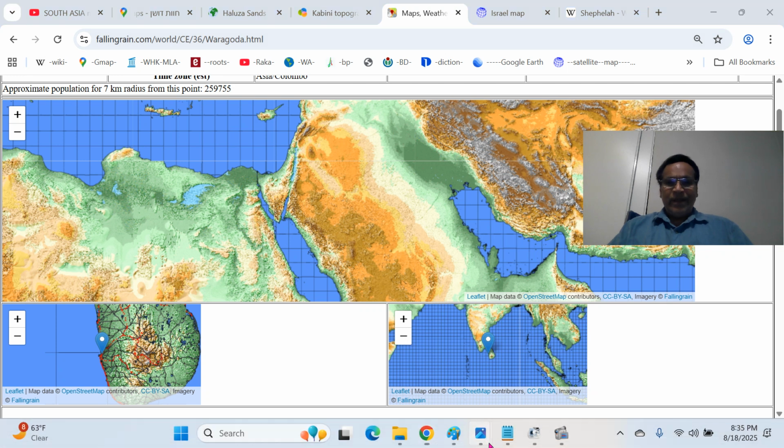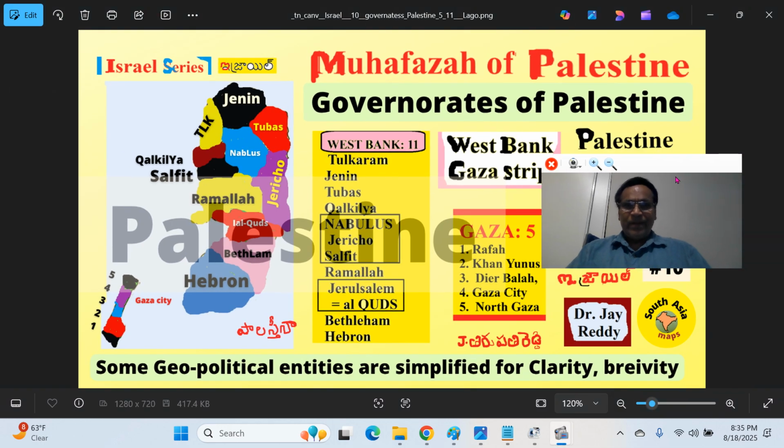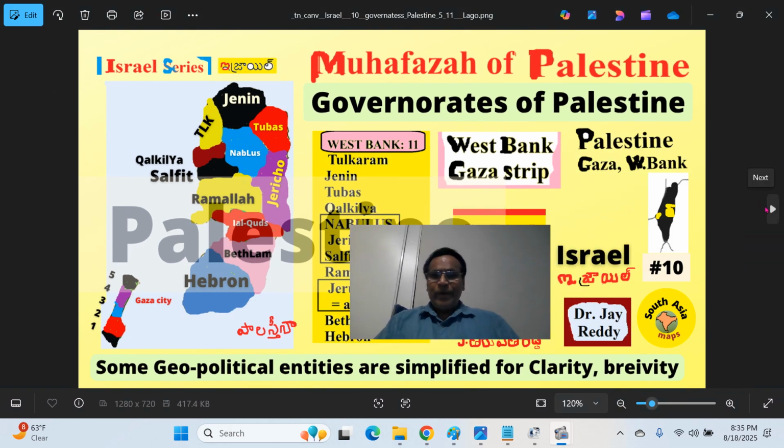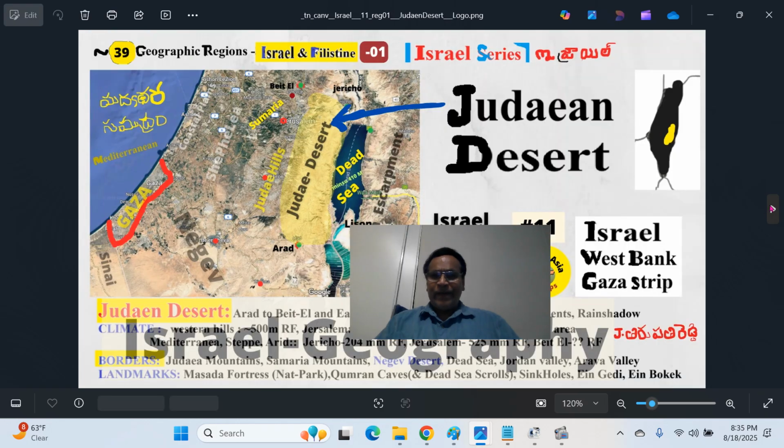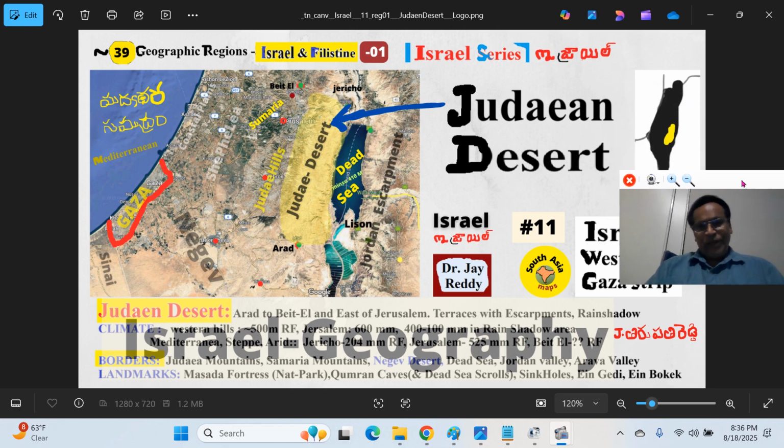And the next part, Mitranam, we'll talk about. So previously we identified around 39 or so physiographic regions. We will expand each physiographic region and deal extensively with it so that you will get a deeper understanding of the region. I am showing this yellow blob here, the Judean desert region, east of the Judean hills, west of the Dead Sea, north of the Negev mountains. So we'll look at this in the next presentation.